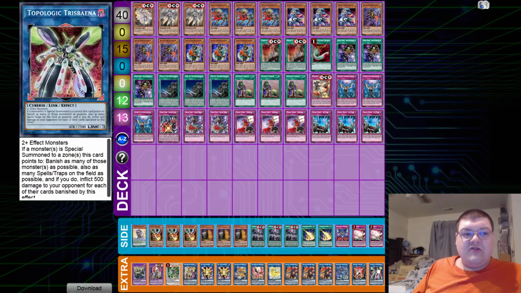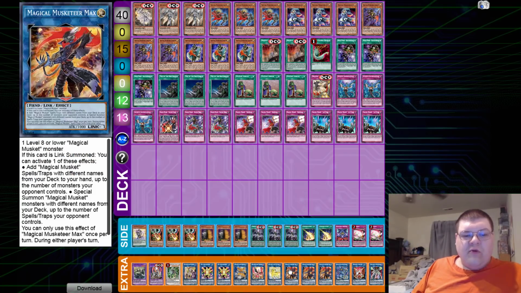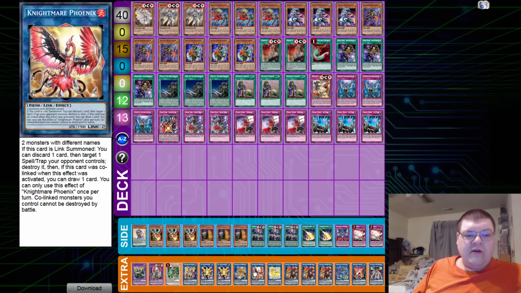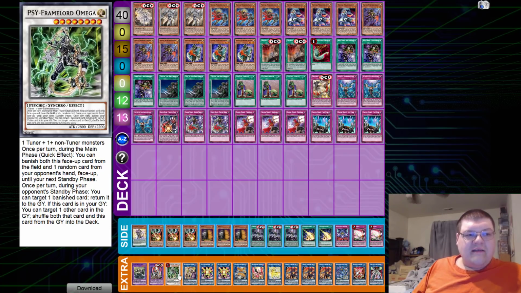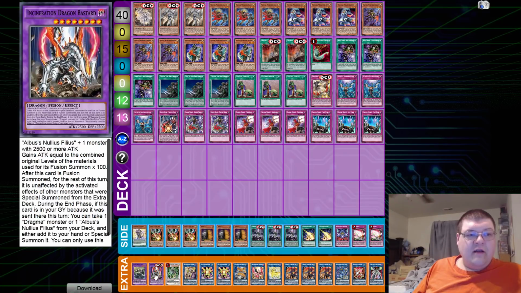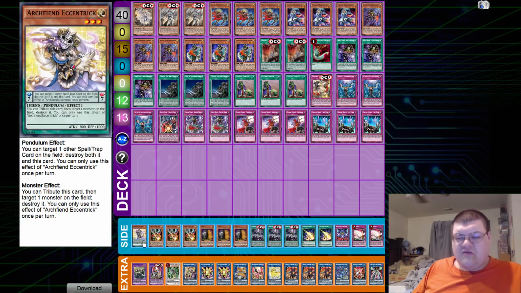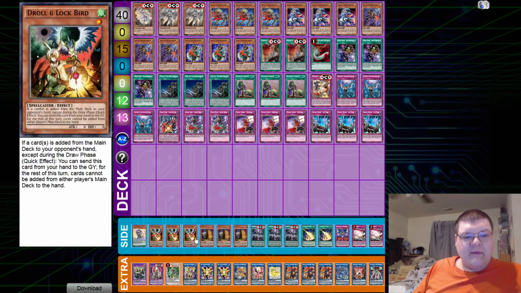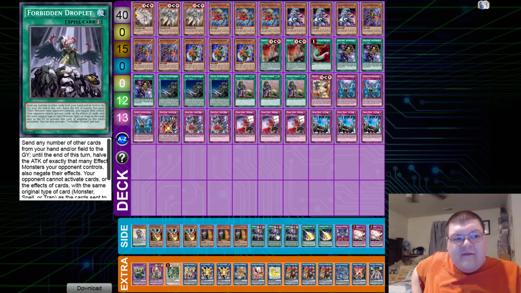Down here in the extra deck, we have 1 Trisbania, 1 Security Dragon, 1 Ningrisu, triple Max, 1 Unicorn, 1 Phoenix, 1 Cerberus, 2 of the Hip Hoshigan, 1 Axis Kotaku, 1 Omega, 1 the Incineration Dragon. Then we have 1 Elder Entity Ints. And then we have 1 Archfiend Eccentric, triple Drone Lockbird, triple Maxi, and then that ever so lovely Forbidden Droplet